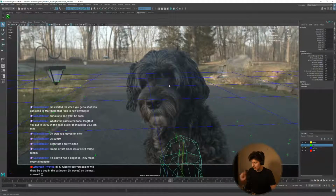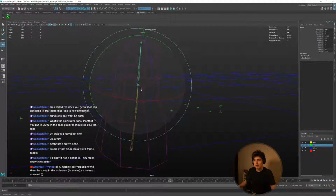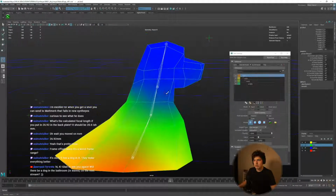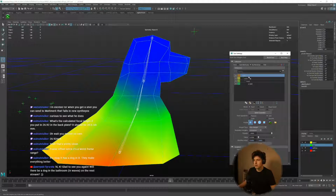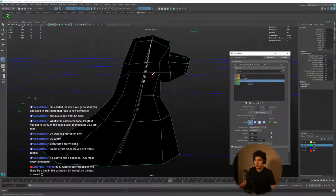So I've tracked this dog. There is a solve for this. Right now I'm just making the rig, and I'm gonna quickly paint this. So right click, paint skin weights, and let's just flood everything with the root. So I'm gonna go replace with a value of 1, flood. Now we'll go to head, and we're gonna go,